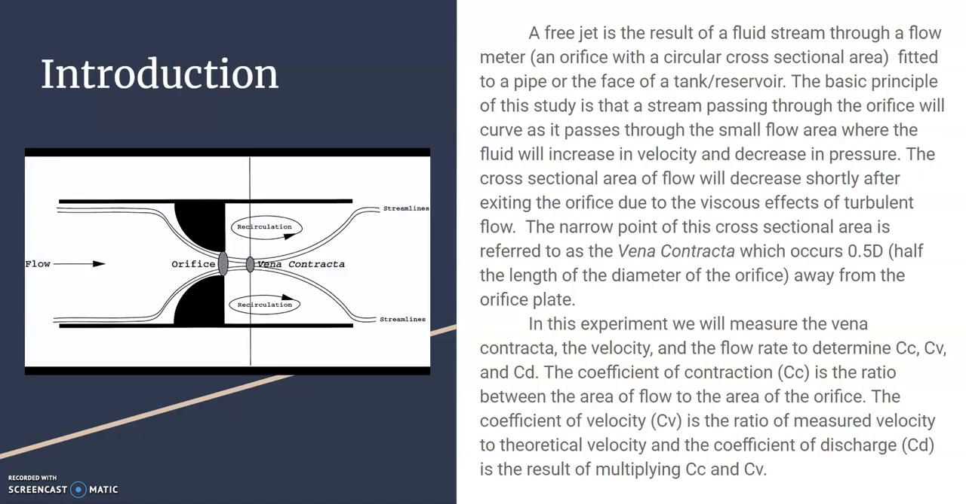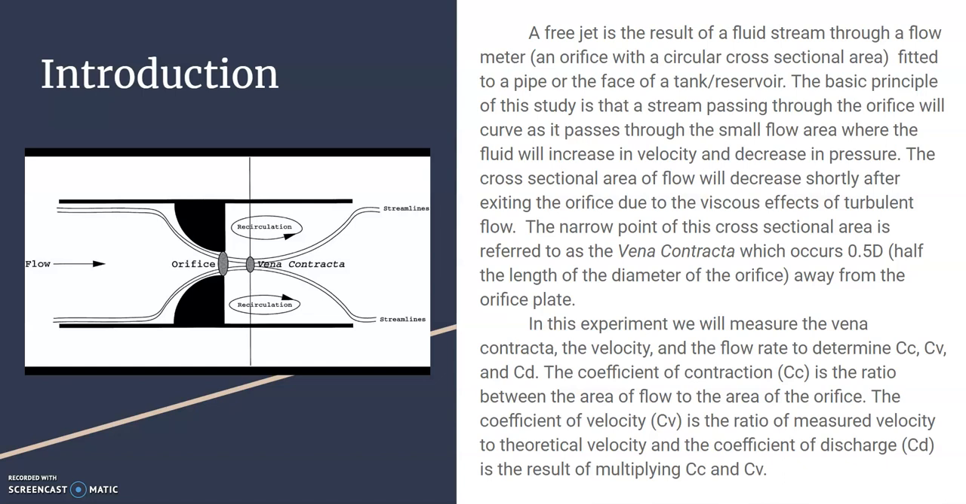A free jet is the result of a fluid stream through a flow meter. A flow meter is an orifice with a circular cross-sectional area which is fitted to a pipe or the face of a reservoir. The basic principle of this study is that a stream passing through the orifice will curve as it passes through the small flow area, where the fluid will increase in velocity and decrease in pressure as the